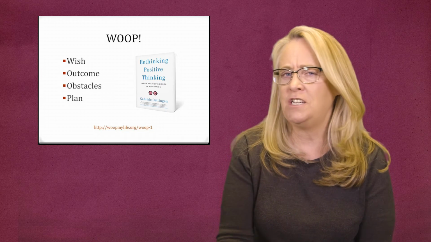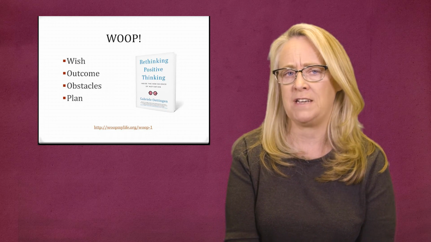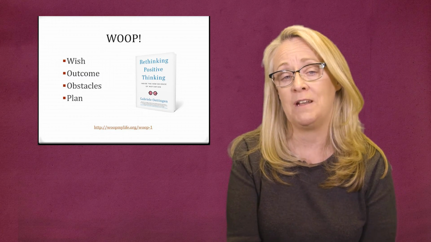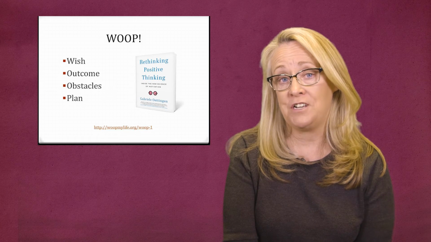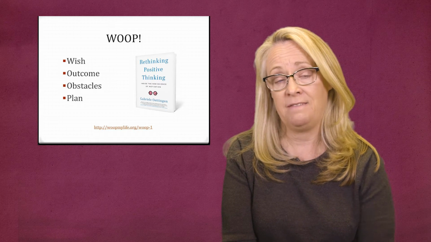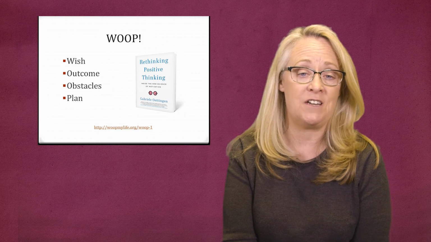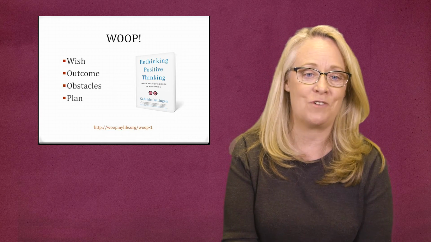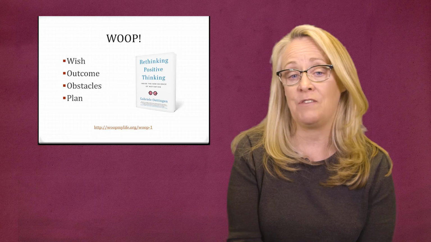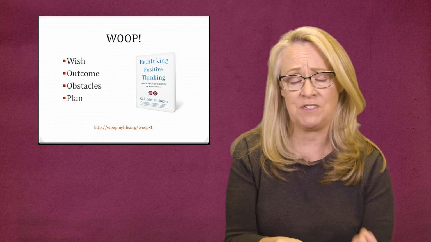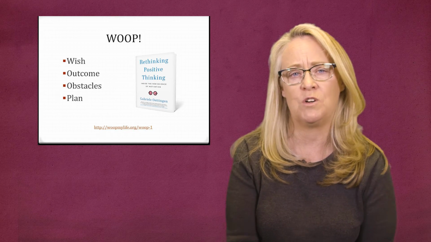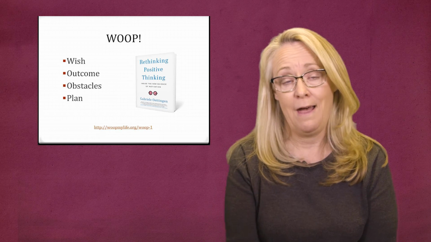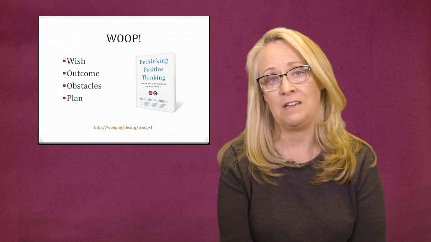I don't actually know anyone who doesn't want to lose 5 pounds right now. So the health one is relevant to virtually anyone. So achievement, relationships, and then health-oriented are the general categories that they suggest. But I want you to go onto the website and try this out for yourself. Take a look at the sentence stems they give you and how those stems work, and give WOOP a try. I think that you'll find it to be highly effective.